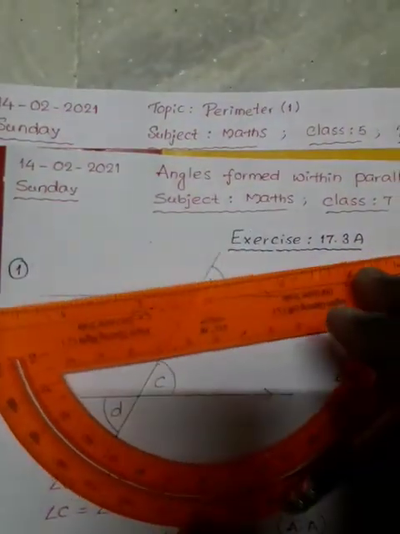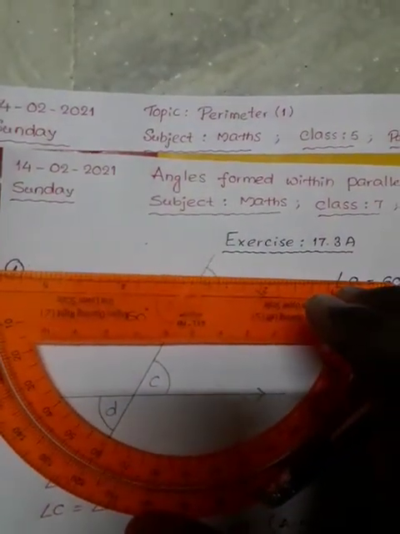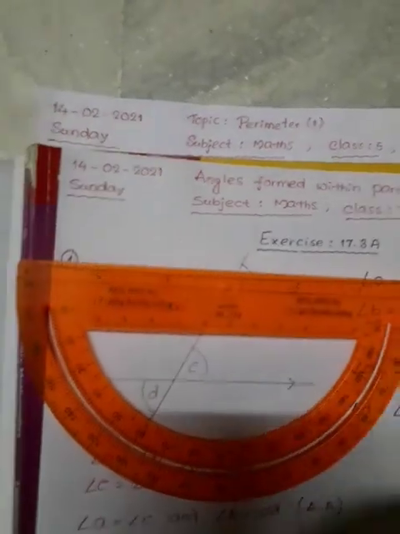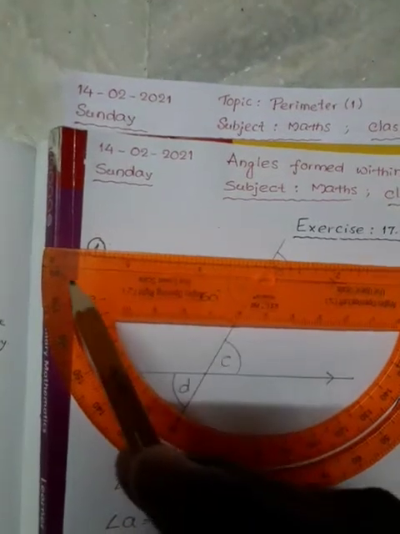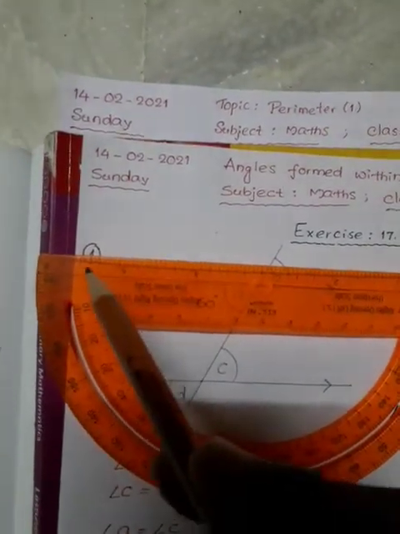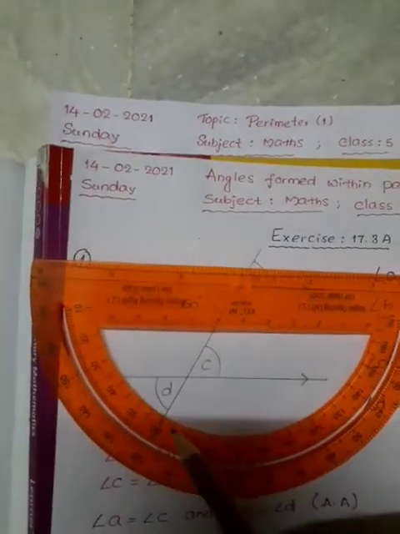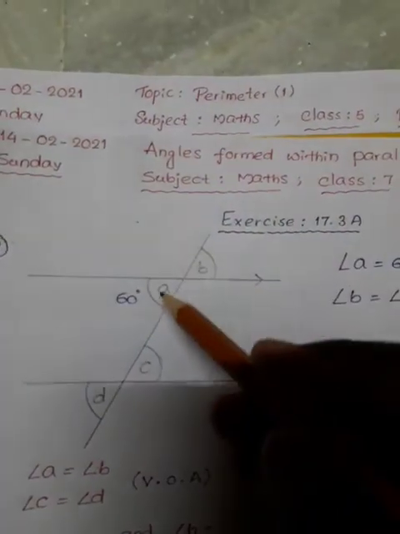So look here. First of all, in this question, A, B, C and D, we don't know any of the angles. So by using the protractor, I will find any one of the angles. Let it be angle A or angle B, anything. If I find angle A, what is this one? 60 degrees. Because my line is on this side, you have to start counting from that side. Wherever you start, that point should be 0. That means inside it is 60 degrees. So angle A is 60.